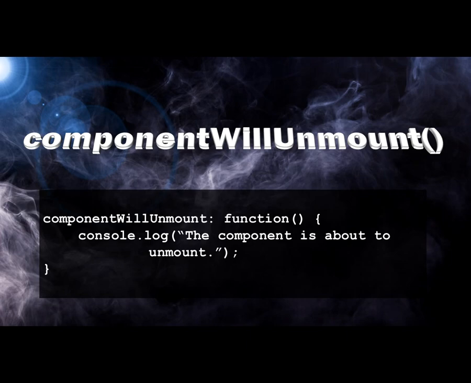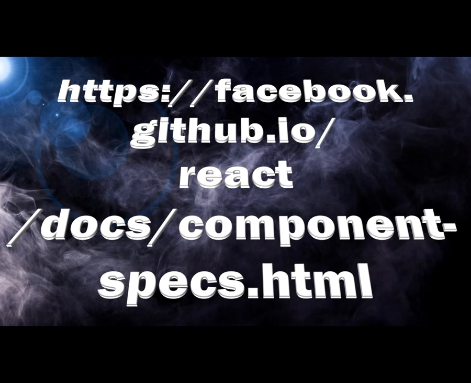Any questions on unmounting? So, in review, there are three things in a React component lifecycle: mounting, updating, and unmounting. And there are all of these functions available for you to handle each of them. This URL here is your best friend. I go to this URL all the time to reference everything. This will tell you all about all of these functions that I mentioned and what they do. So if you are forgetting the name of that function, no problem. You can just go to this URL. And also,